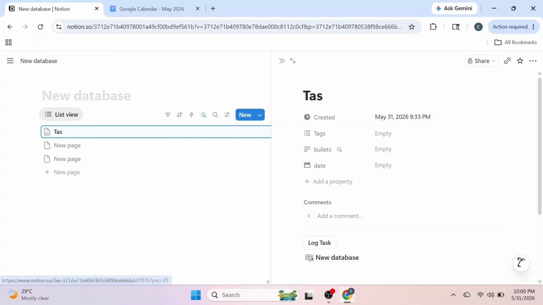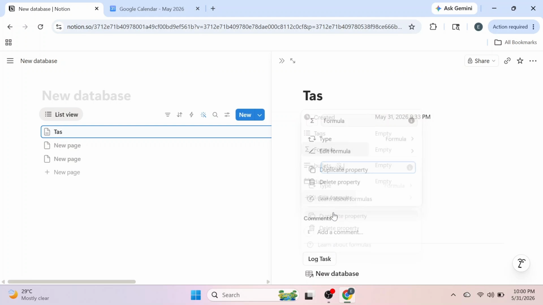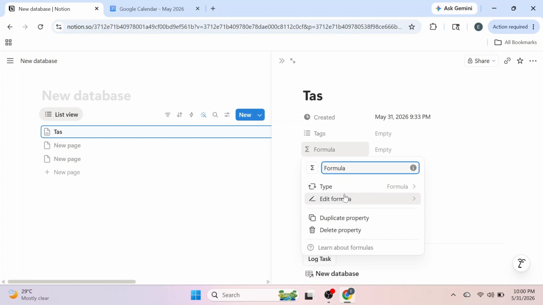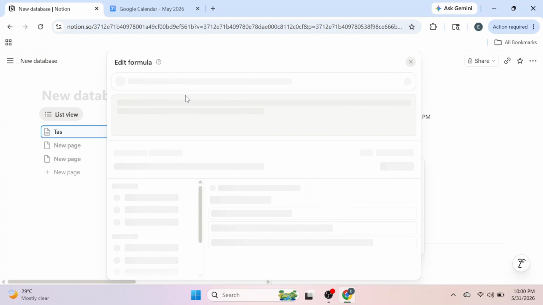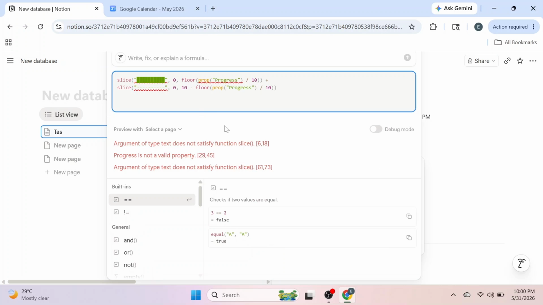So now you're going to click on add property over here and then you're going to search for formula, click on it, and now you're going to type in the formula that you wish to use. So you can click on edit formula. And over here, you can type a formula like this that is basically for the visual bar based on 0